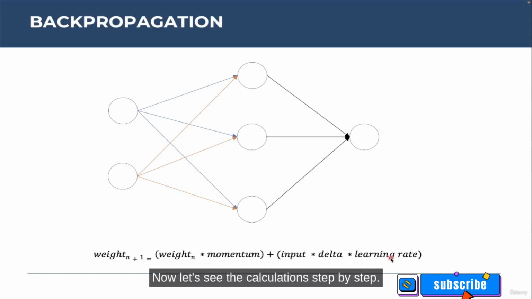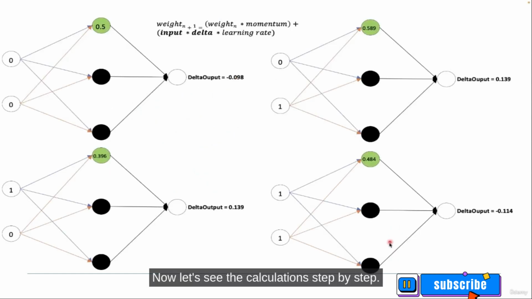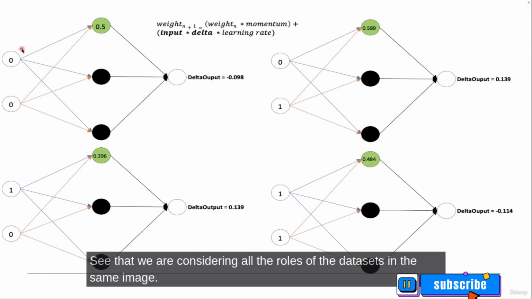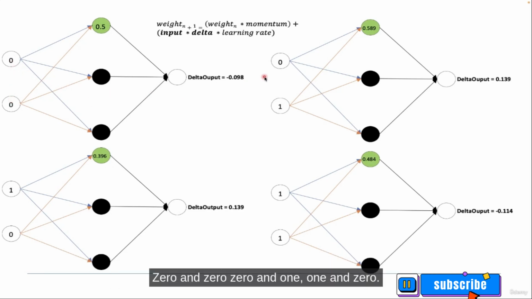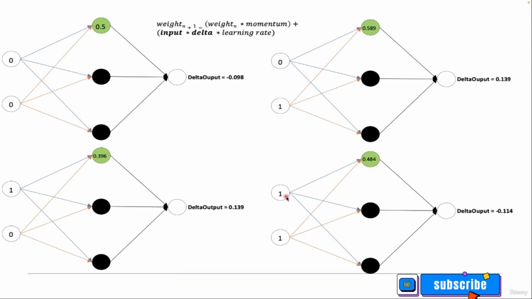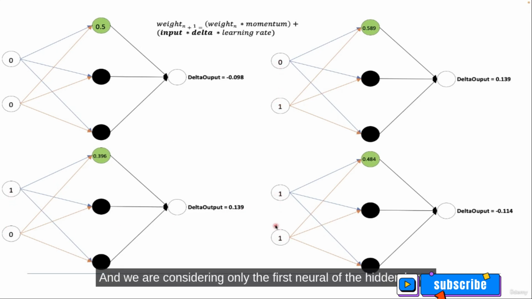Now let's see the calculations step by step. See that we are considering all the rows of the dataset in the same image. 0 and 0, 0 and 1, 1 and 0, 1 and 1. And we are considering only the first neuron of the hidden layer.